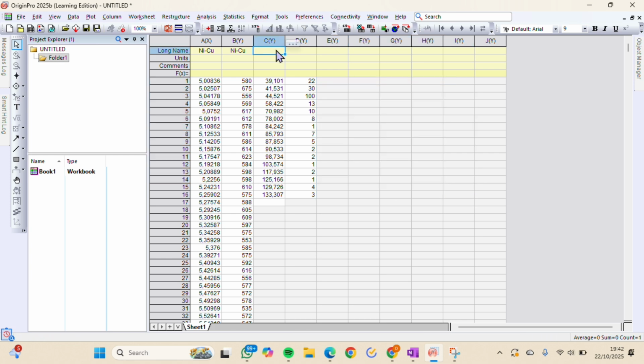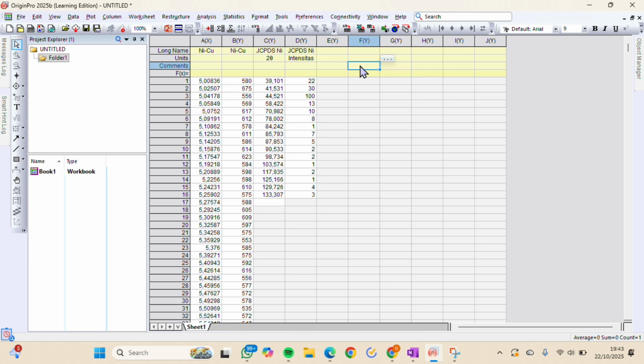We fill the name in the C column is TTPTS-NE, and then in the D column is the TTPTS-NE, and then we fill the unit in the C column is 2 theta and in the D column is intensitas.